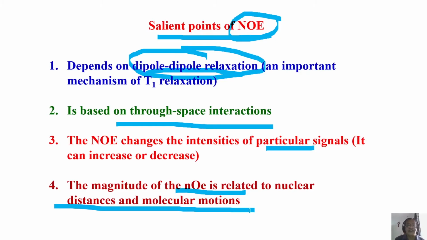So there are several points to discuss about NOE. It's a huge topic. There are even, in NOE, a number of NOE experiments that can be done. Steady state NOE, transient driven NOE, and you can do NOE in the rotating frame, called ROESY, the rotating frame Overhauser effect. Lots and lots of things are there, as NOE itself is a very big topic to discuss. So in the next one or two classes, whatever is possible, I'll give the salient points of NOE. Possibly we will stick to steady state NOE.